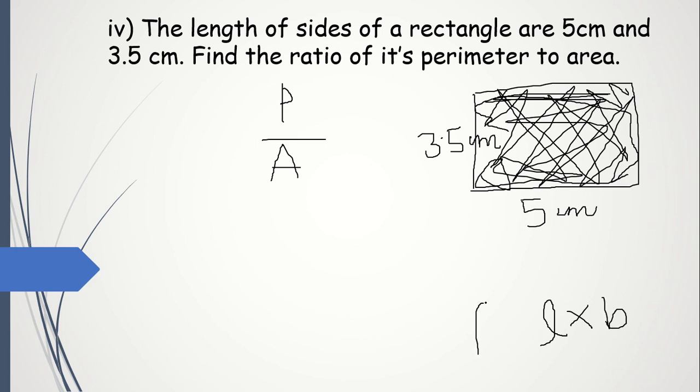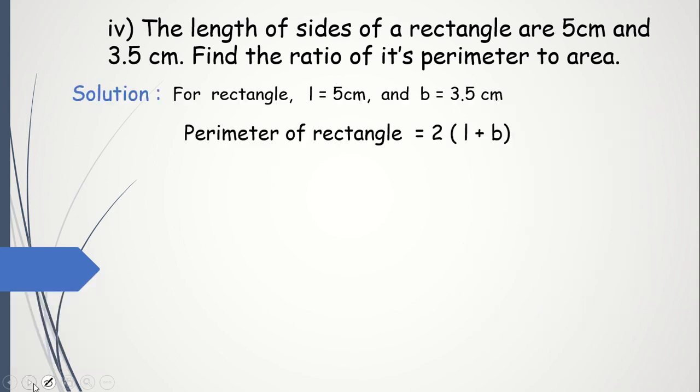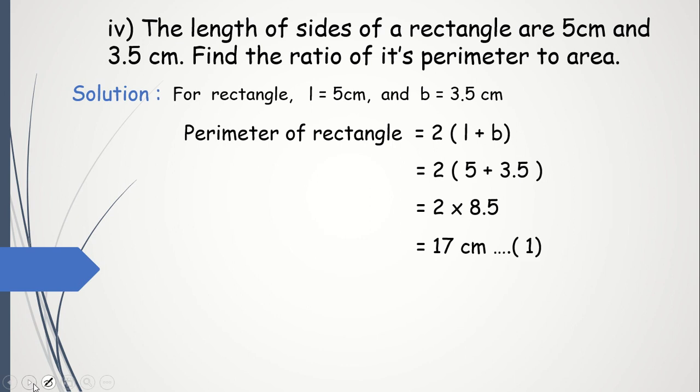Area of a rectangle is given by the formula length into breadth, and perimeter is given by the formula 2 times length plus breadth. Okay, now first find the perimeter, then find the area using the formulas, because length and breadth are already given, and then take its ratio. That's what we have to do. Perimeter of rectangle is 2 times length plus breadth. So that's 2 times 5 plus 3.5. So that is 2 into 8.5. That's 17 centimeter. And length into breadth